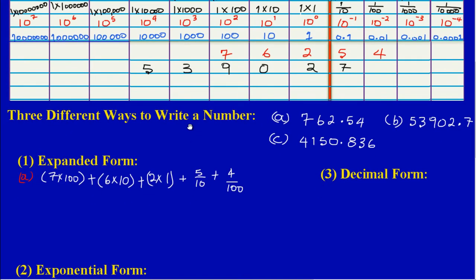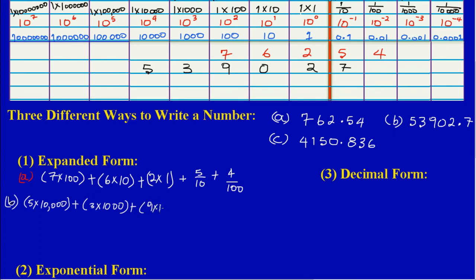Let me just pull this up a bit. So quickly, let's look at how we write this second number in expanded form. For part B, let me change the color quickly. The 5 is in the 10,000 column, so we would have 5 times 10,000, plus, open bracket, we have a 3 in the 1,000 column, so that would be 3 times 1,000,